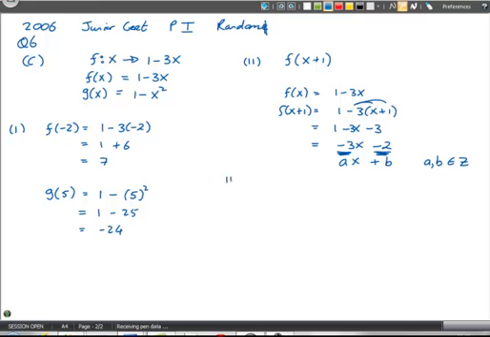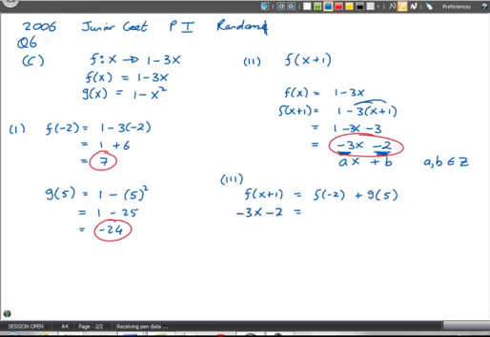Anyway, part 3 of the question then, you're pulling together all of the different pieces that you've looked at. So you've f of x plus 1 is equal to f of minus 2 plus g of 5. But if you have a look there, you already know what f of x plus 1 is. You already know what f of minus 2 is, and you already know what g of 5 is. So you can go straight ahead and start filling those in. So minus 3x minus 2 is equal to 7